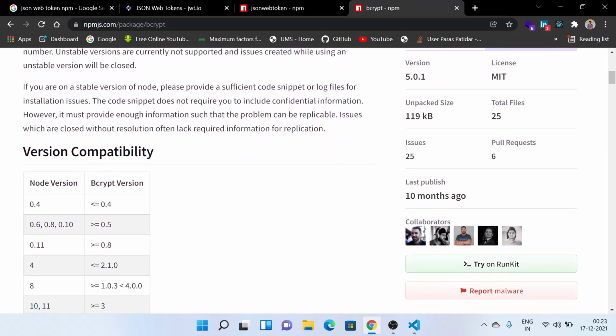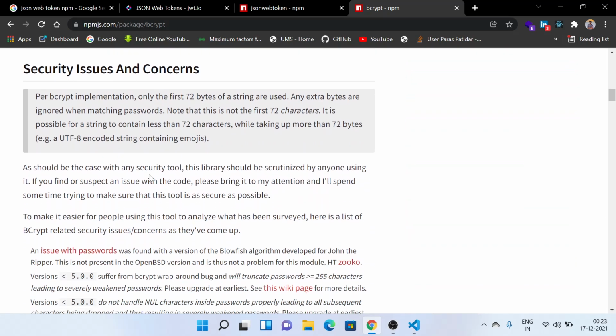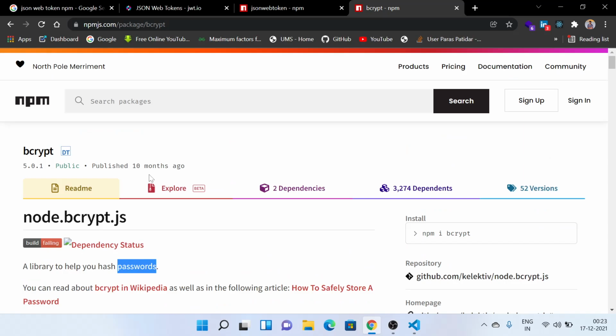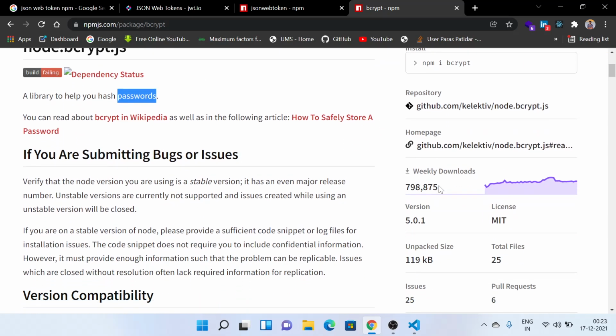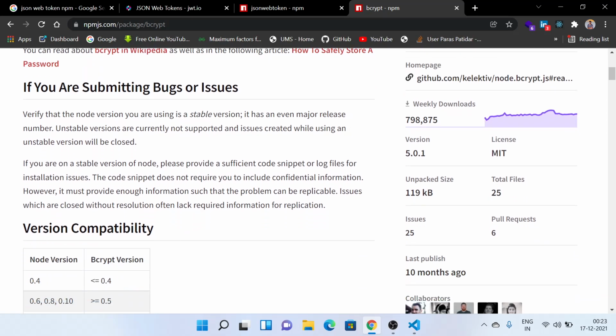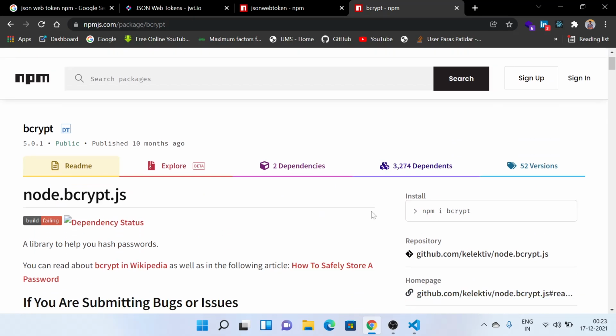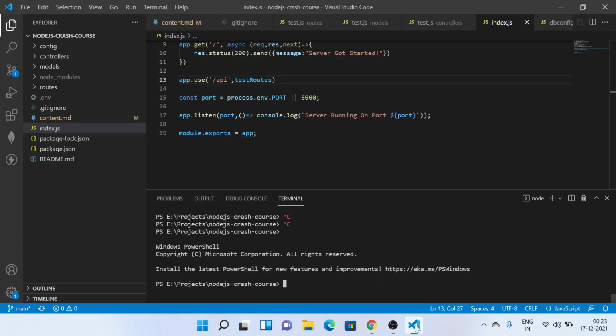This is used in industry and in production. Many people are using this type of thing. You can see the weekly downloads here, 7,90,875. So we'll be using these two libraries to start with. Okay, so let's install them. So npm install,